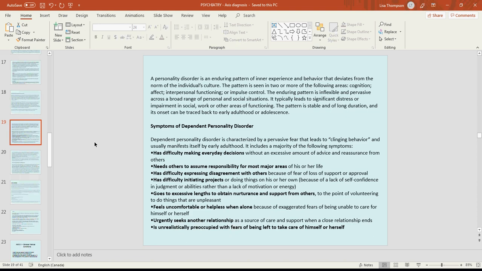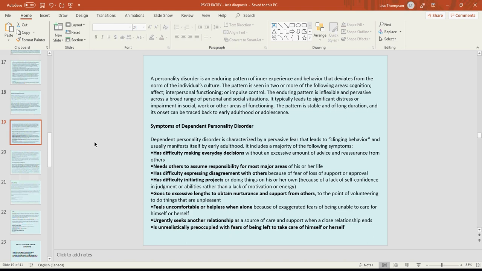It includes a majority of the following symptoms: has difficulty making everyday decisions without an excessive amount of advice and reassurance from others, needs others to assume responsibility for most major areas of his or her life, has difficulty expressing disagreement with others because of fear of loss of support or approval, has difficulty initiating projects or doing things on his or her own because of a lack of self-confidence in judgment or abilities rather than a lack of motivation or energy,